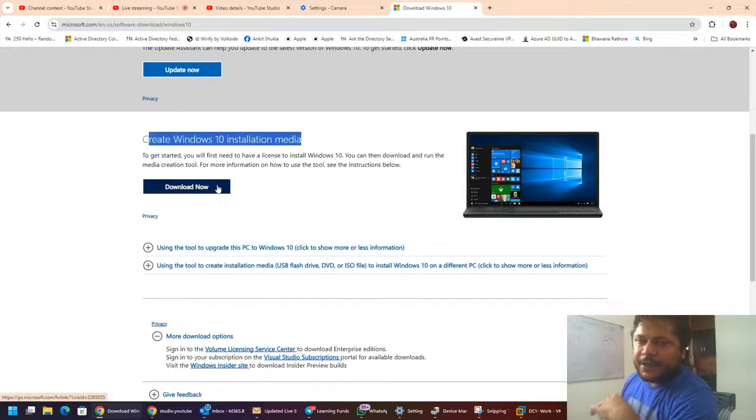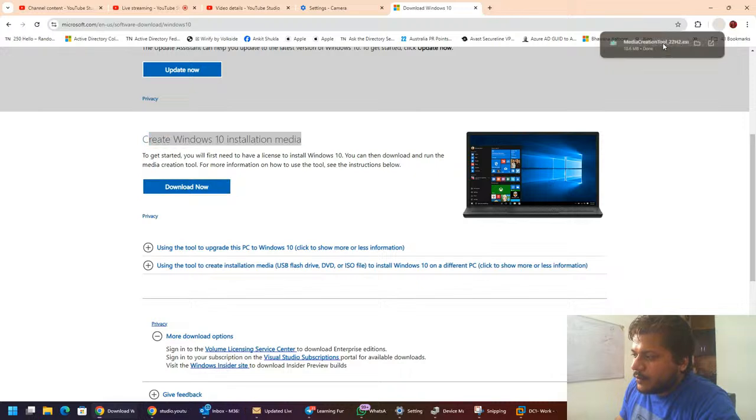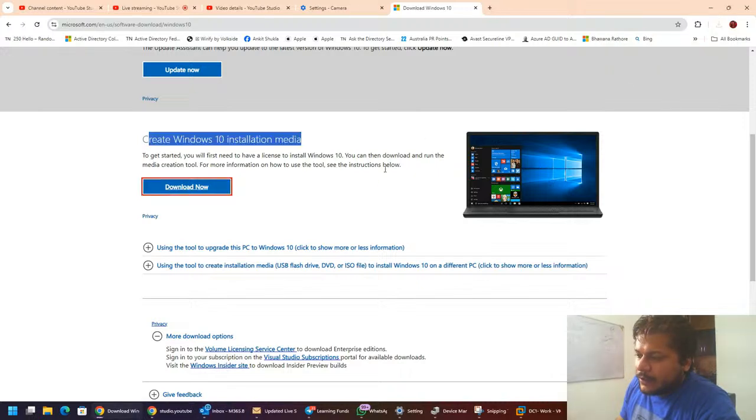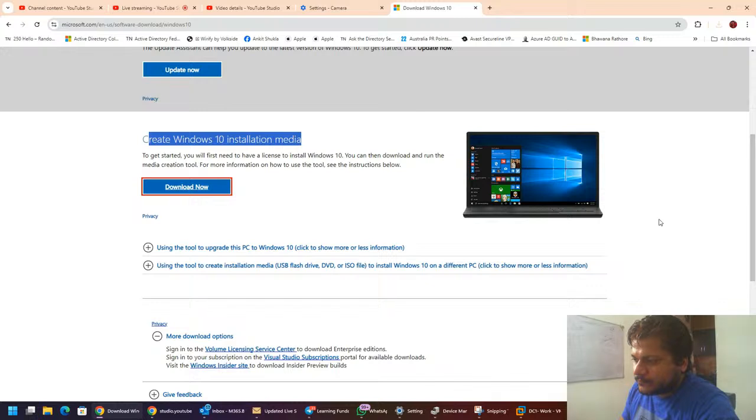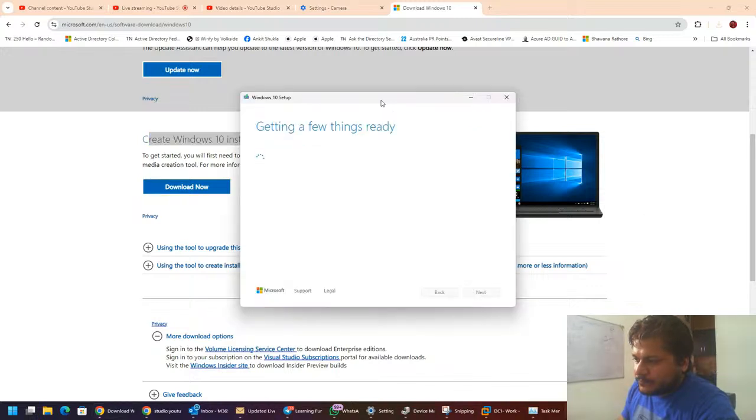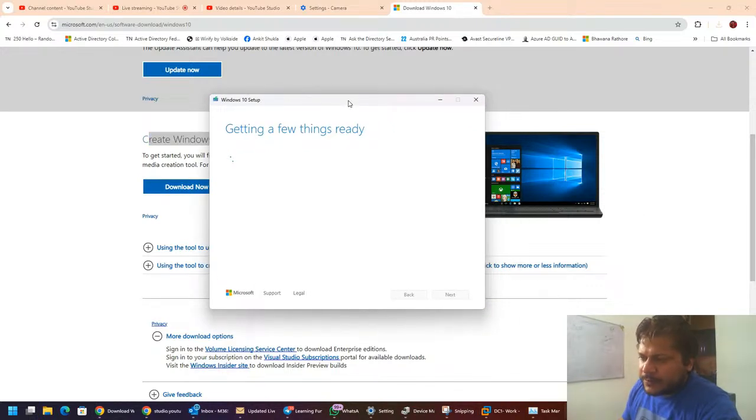Click on download now. This tool will help you create the ISO. Click on the download application. There is this media creation tool, and then click yes. This is the screen that you should be able to see that says Windows 10 setup, getting a few things ready.